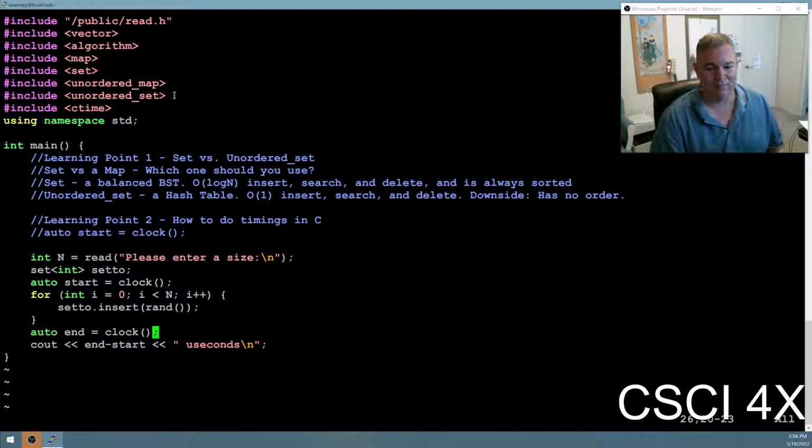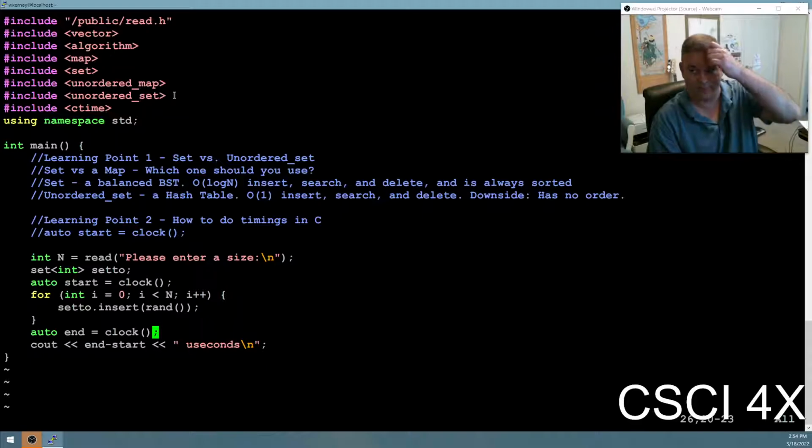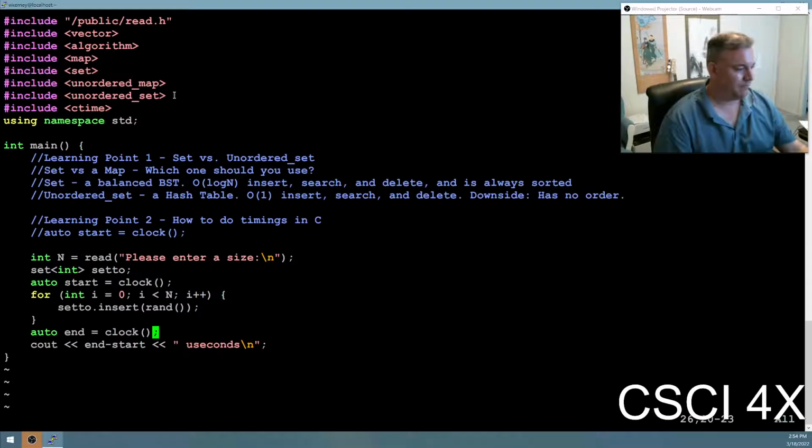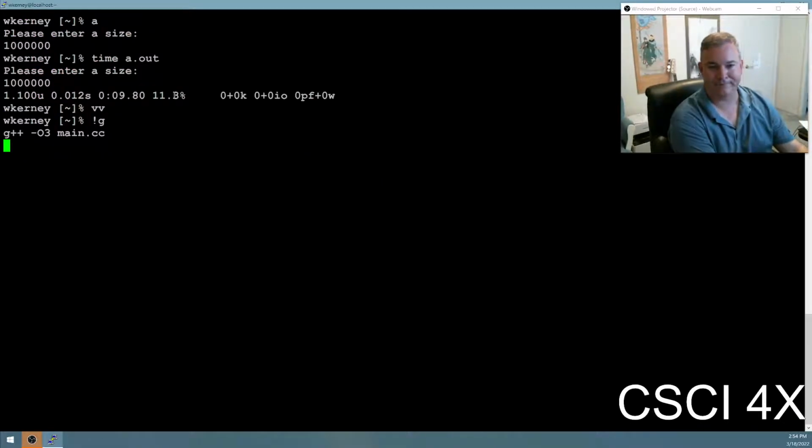I'm actually kind of a fan of the C way of doing things, even though it's not as good as the C++ way. Simplicity of code has its own beauty. You know, how much time does the ctime library add? Very, very minimal. So if we do this, compile it,